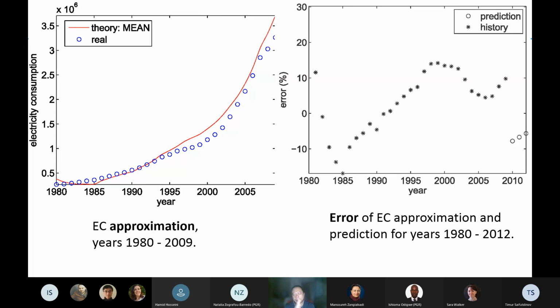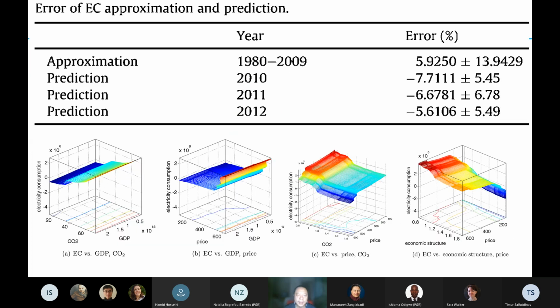On the right-hand side, we plot the error between the real data and the theory data modeling. As you can see, it almost stays within plus or minus 10%, which is almost acceptable.